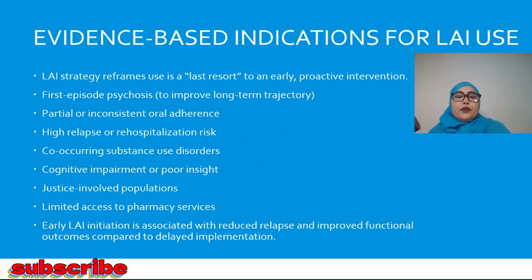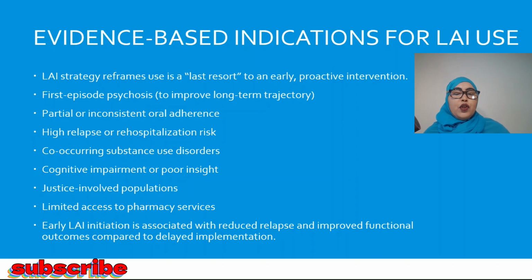First episode psychosis, to improve the long-term trajectory. Partial or inconsistent oral adherence. That's the reason you use long-acting injections. If they are not consistent with taking their oral medication, if they have high relapse or hospitalization risks,